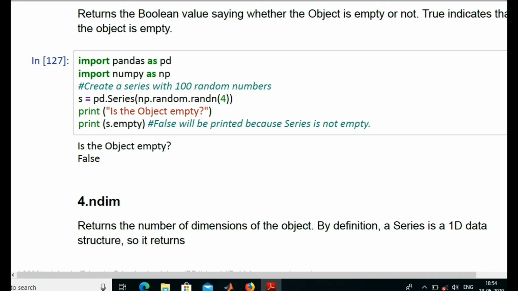To print whether the object is empty, next we print the series with empty functionality. Okay, the series is not an empty series because we have created 4 random numbers in this series. So the series is not empty. That's why the output is false. Okay, if the series does not hold any value, then the output is true.